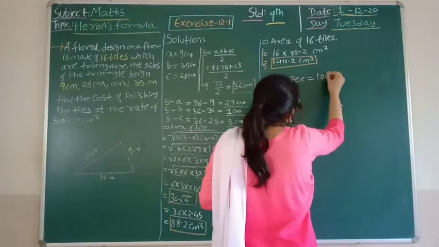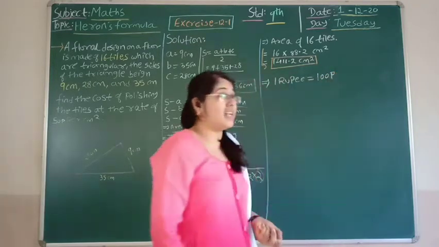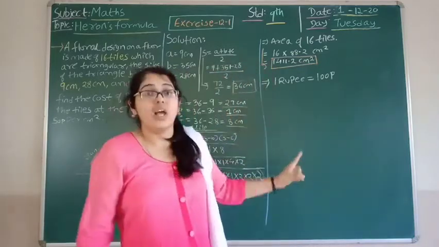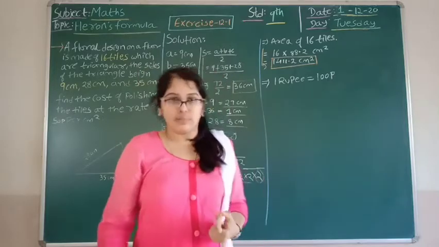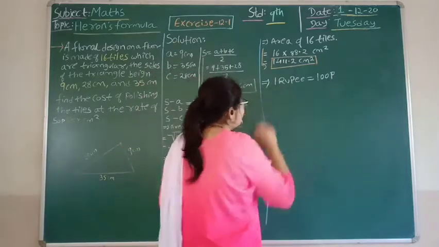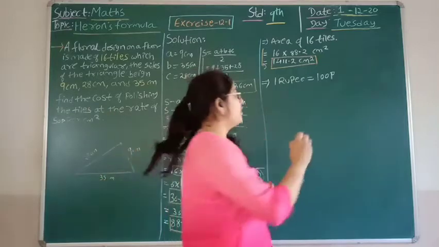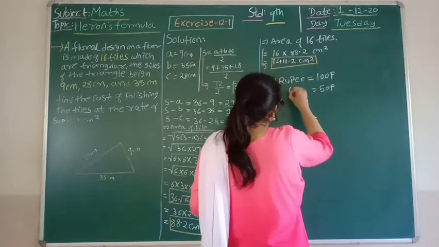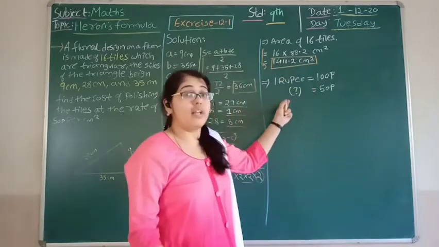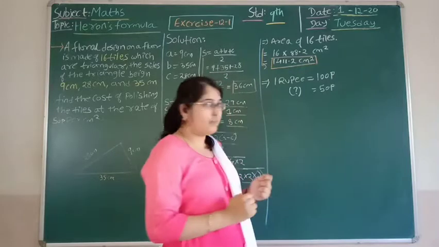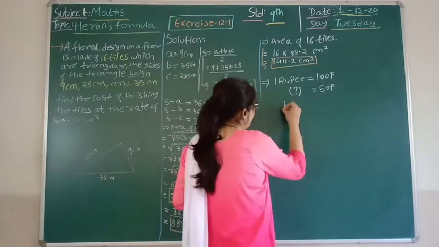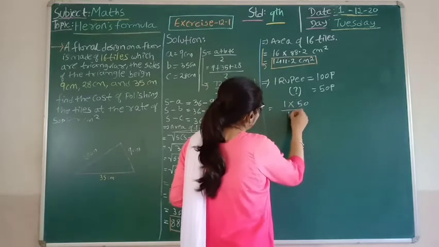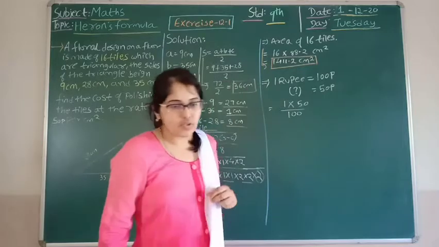See this, remember, whenever paise and rupees are both mentioned, you need to convert it and then you can find the cost. Otherwise, if you don't do so, the answer may go wrong. So we have been given 50 paise, so writing here 50 paise. So what will be the cost? Now we need to convert. So again, cost is 1 into 50 whole divided by 100. This will be the equation.